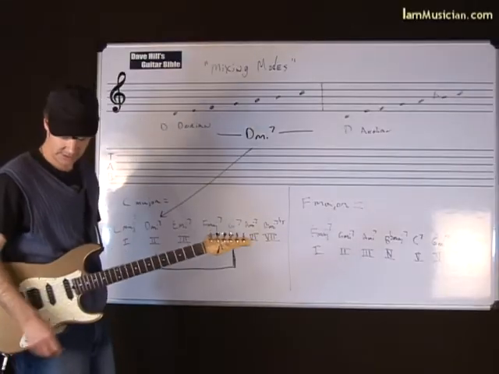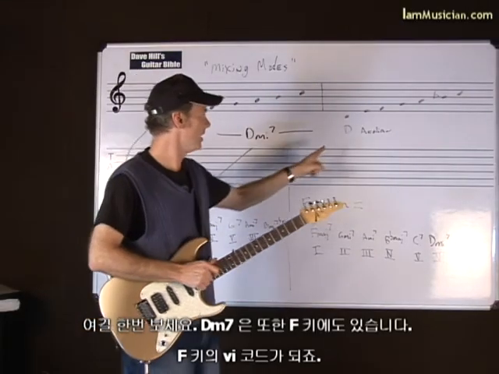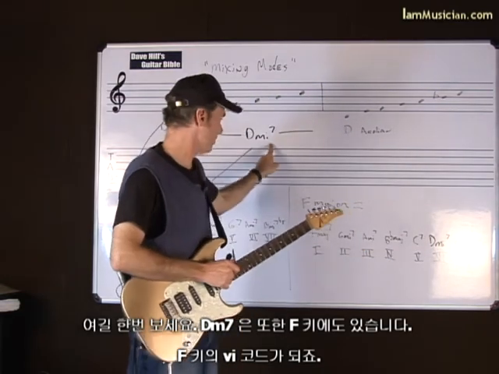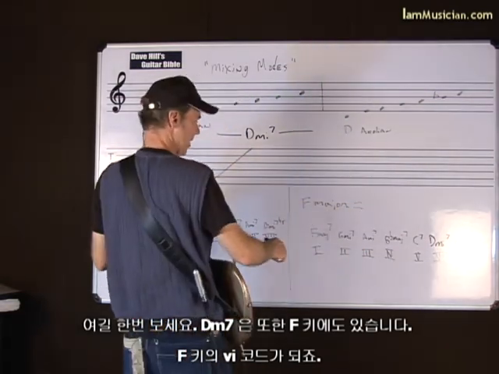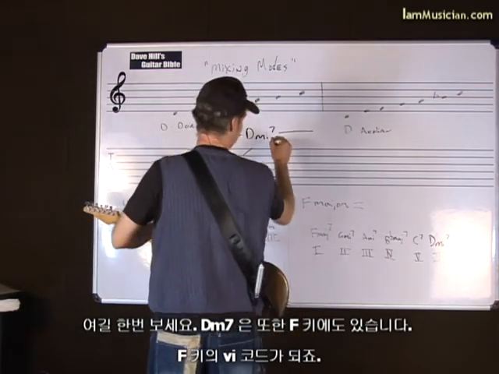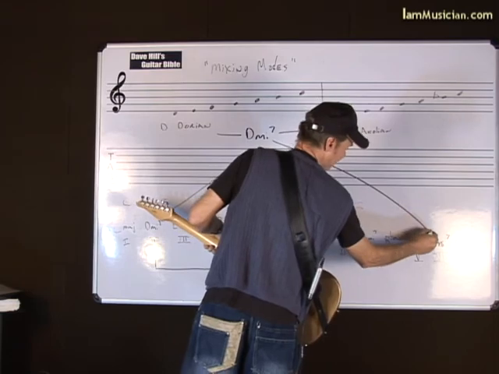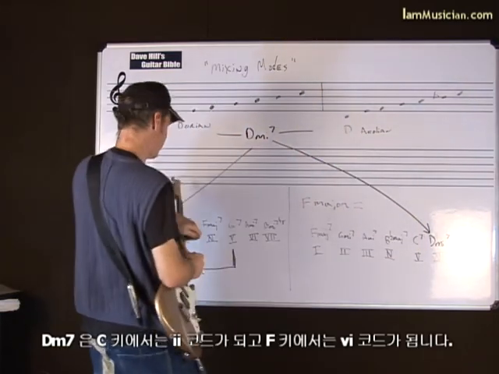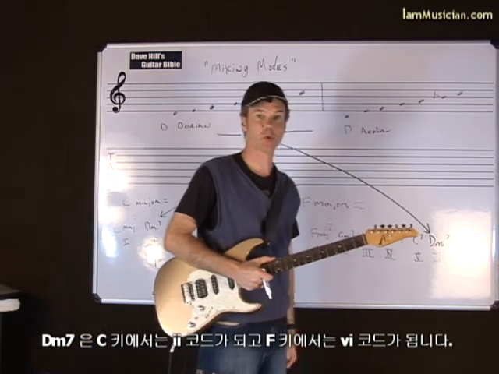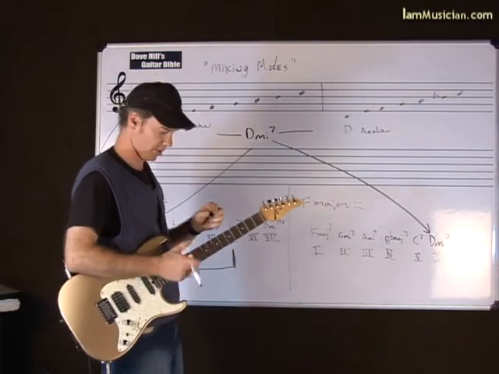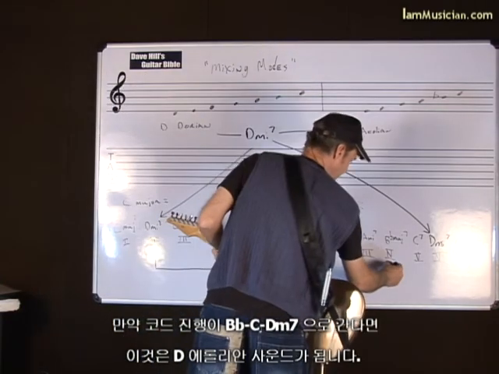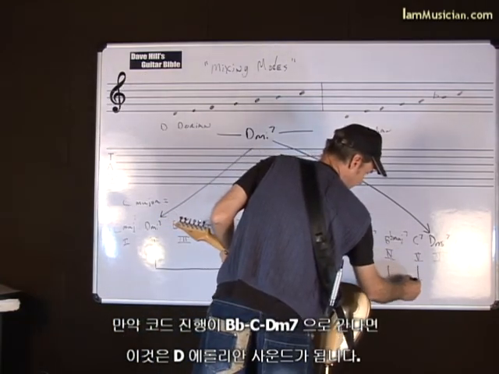Okay, now I want you to see something else. Check this out though. D minor 7 also comes from the key of F, but check it out. It's the 6th degree, or the 6th chord in the key of F. So D minor 7 can be the 2 chord in C, but it can also be the 6th chord in the key of F. Now, if we had a progression that, let's say, went B flat to C, and then